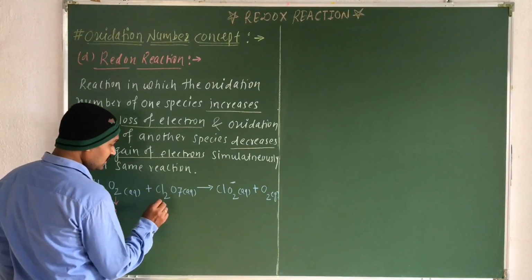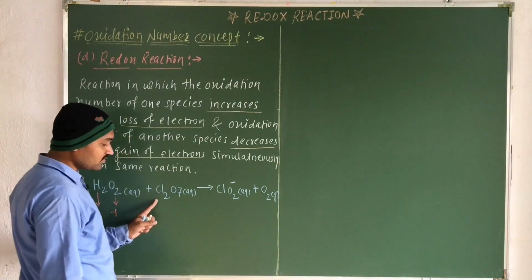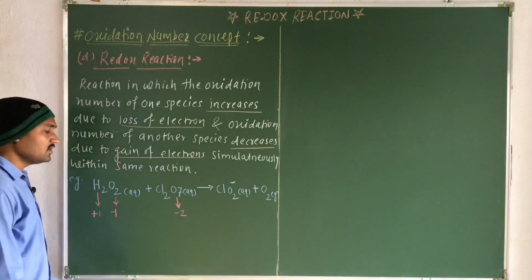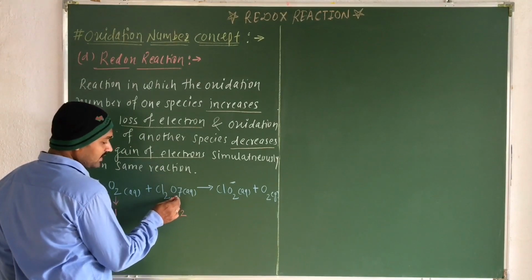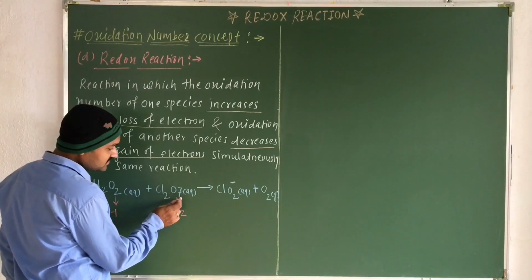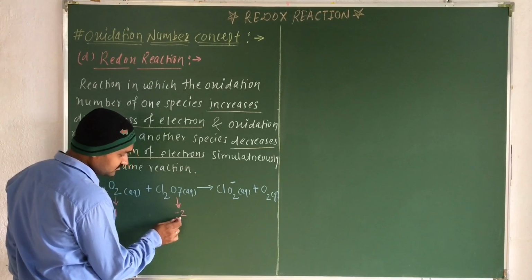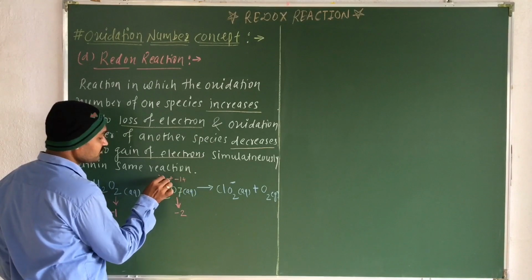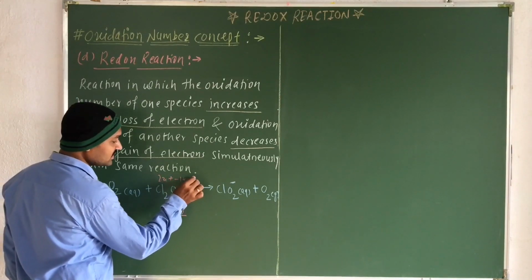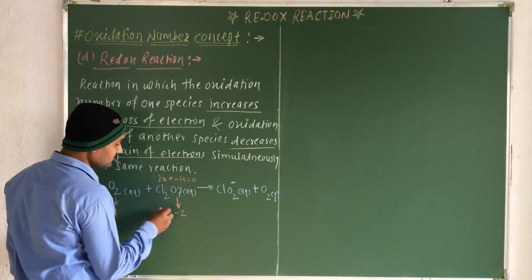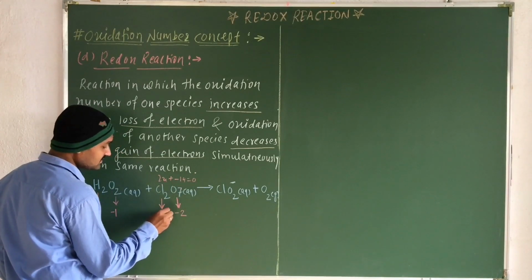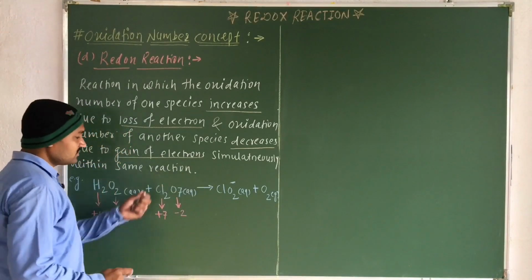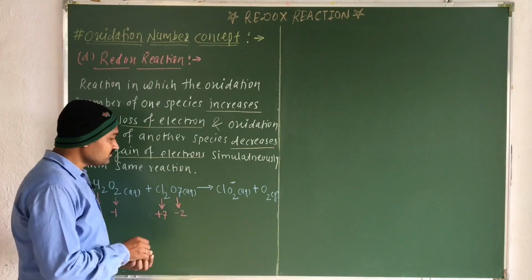Now here we have to calculate the oxidation number of chlorine. We know that the oxidation number of oxygen will be -2, and how many oxygen atoms are there? 7 oxygen atoms into -2, therefore that will be -14. So here 2x - 14 equals 0, which is again a neutral molecule. Now find out its oxidation number; that will come as +7. That's it. After practice you can easily calculate this oxidation number.